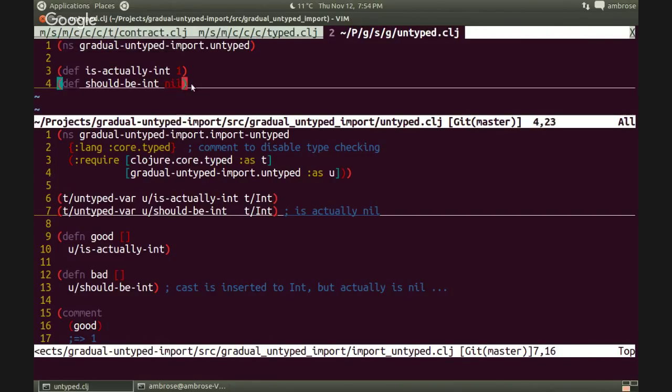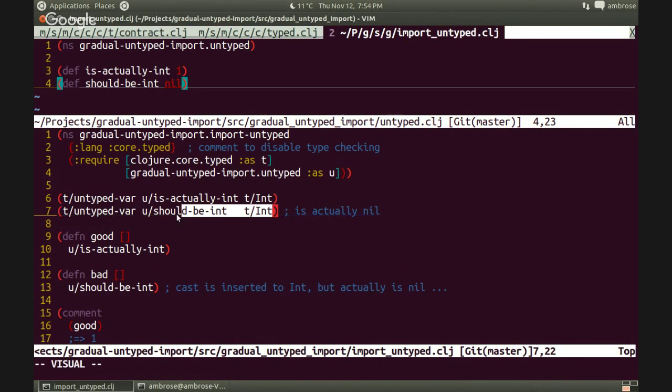Like, where did it say that in the transaction? Well, we're actually asserting that on line 7, and it's in the typed module. So we can't really say that this untyped module is to blame. So it's kind of a philosophical question there that's kind of interesting. I'm kind of saying it because it's where my mind is at the moment. You probably don't care as much as me, but